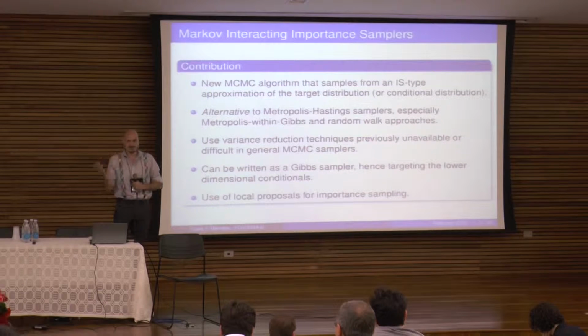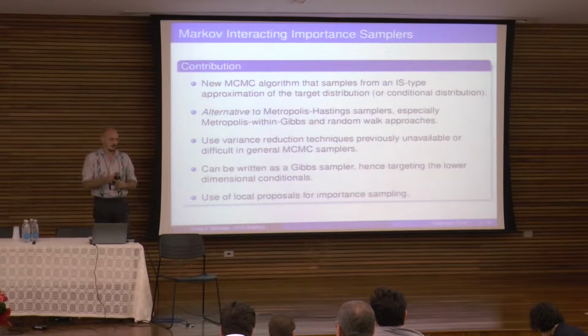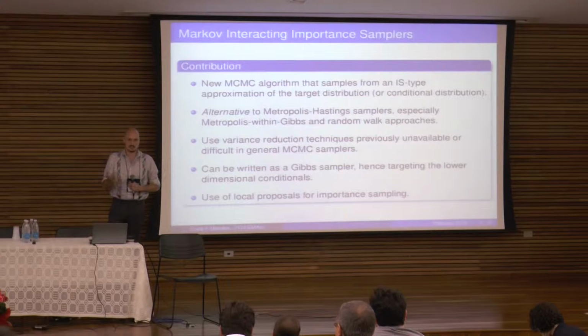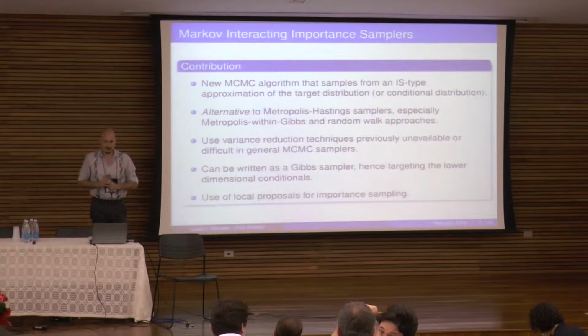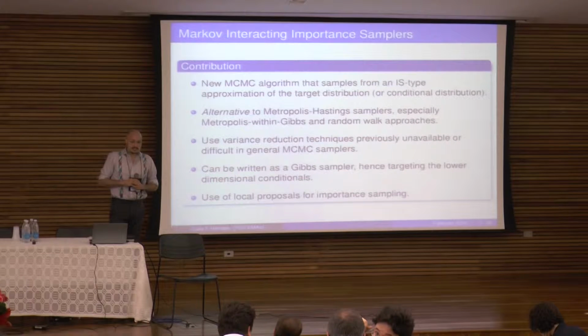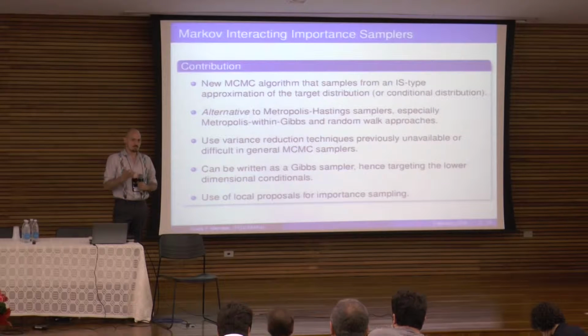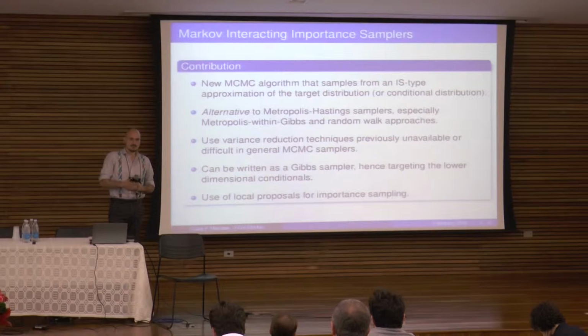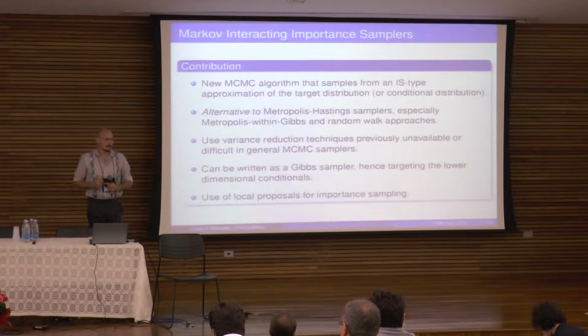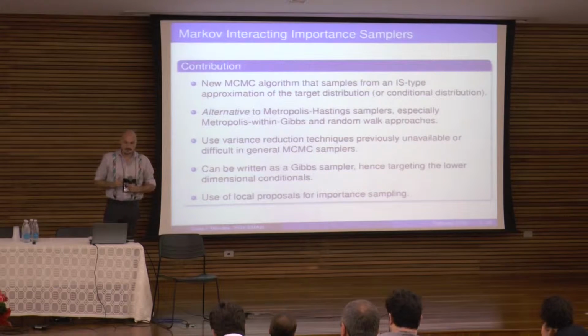As you're thinking, there is an overhead in constructing this approximation, but we can actually use all the particles involved in this construction. The nice thing is that we can use the variance reduction techniques that are very easy to apply in importance sampling methods in this new algorithm. And it will give us a large variance reduction in estimating moments.